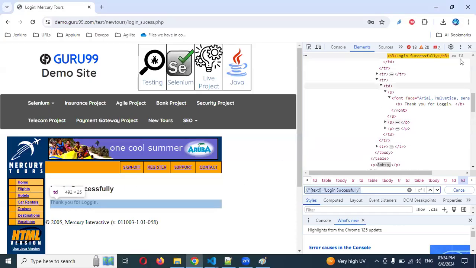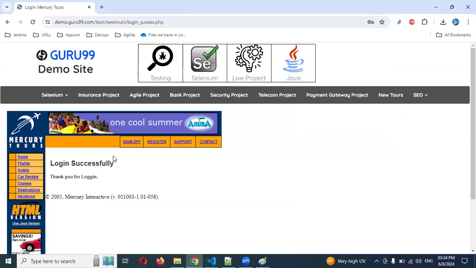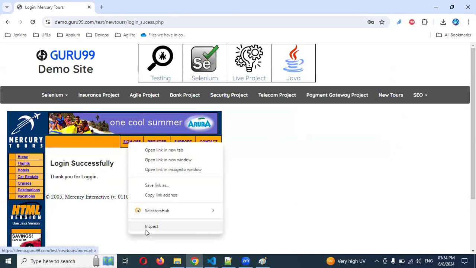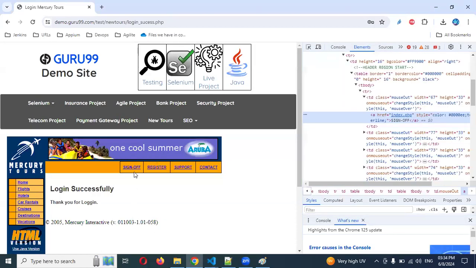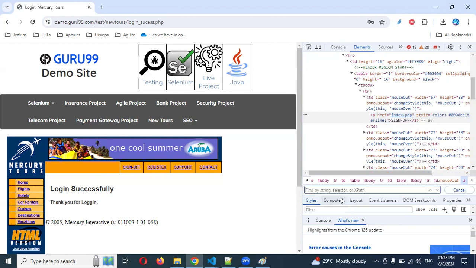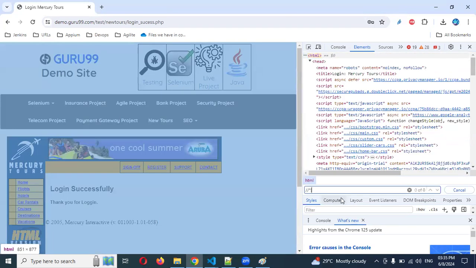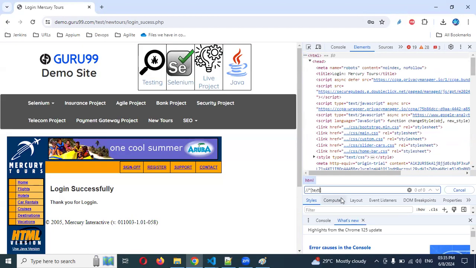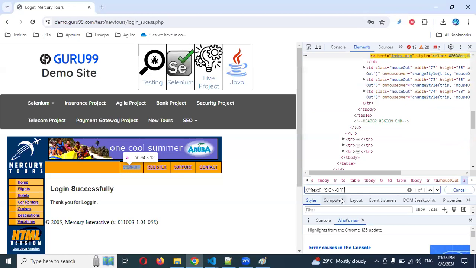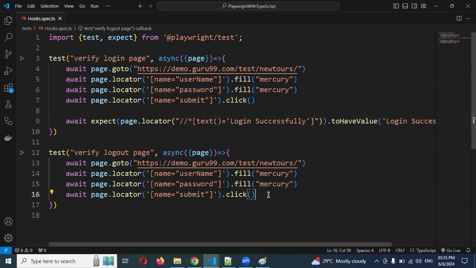And also we can do it for the logout section. Here logoff is the method, and I'm going to take the path of this particular logoff. This is an href. And here I will specify star, this, and text equal to single quotation logoff. Okay, one logoff is highlighted, copying this particular logoff and coming back down, and here await